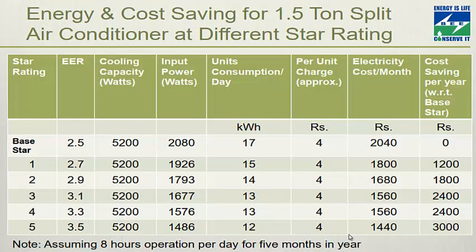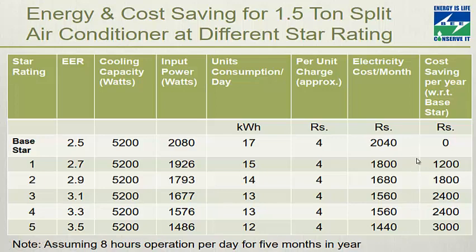Now let us say we have a 1.5 ton air conditioner with a different star rating. You can see this is star 1, its consumption is 17 kilowatt hour, star 2 is 14, star 5 is 12 kilowatt hour, and the electricity cost per month will be here. For star 1 it is 1800, for star 5 it is 1440, and the total saving for star 1 is 1200,